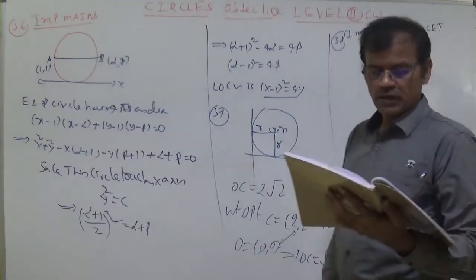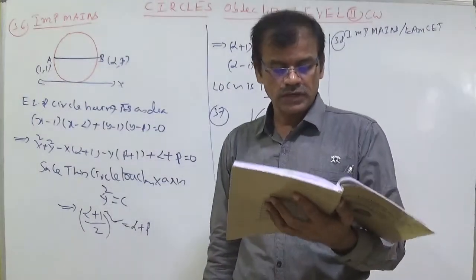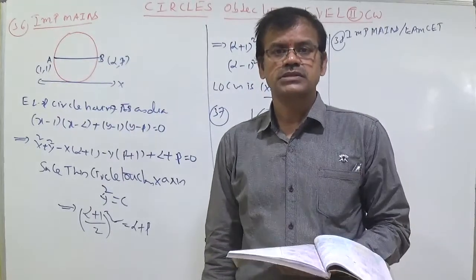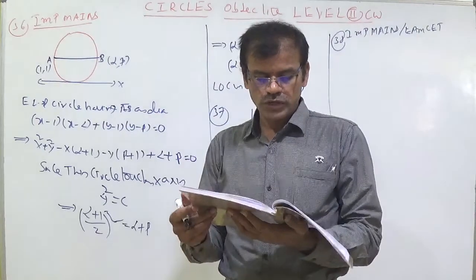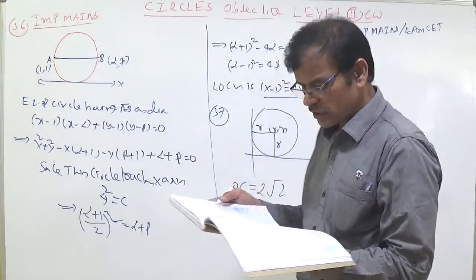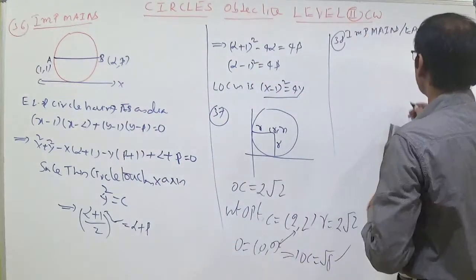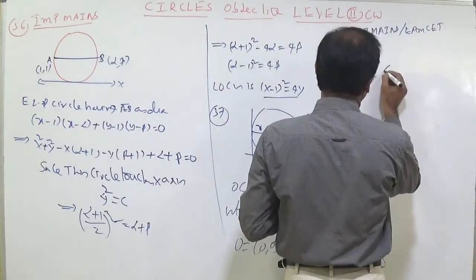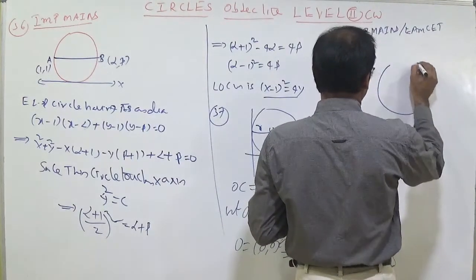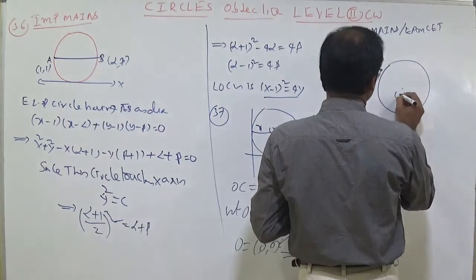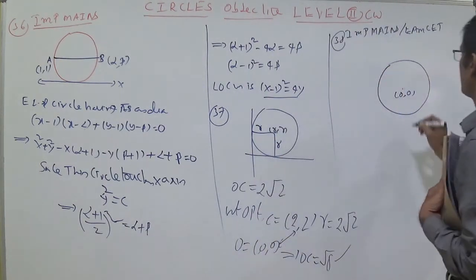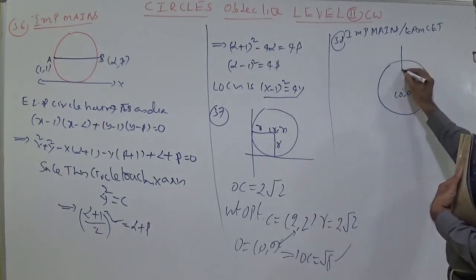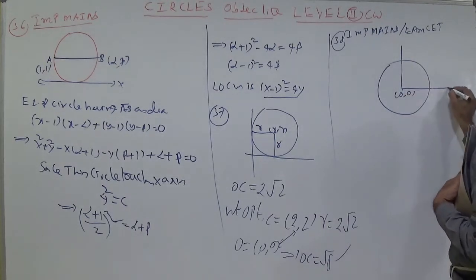The tangent at any point to the circle x² + y² = r² meets the coordinate axes at A and B. If the lines drawn parallel to the axes through A and B meet at P, find the locus of P. Read the question carefully: whatever is given, what should we calculate? This is the center of the circle, (0, 0). Radius is r. (0, 0) is the point of intersection of the axes.